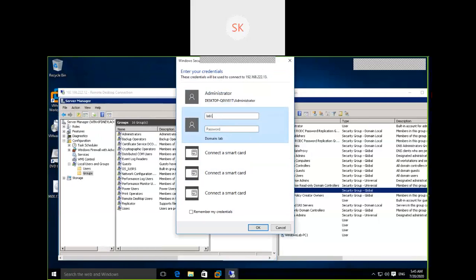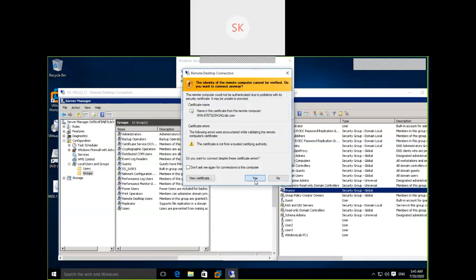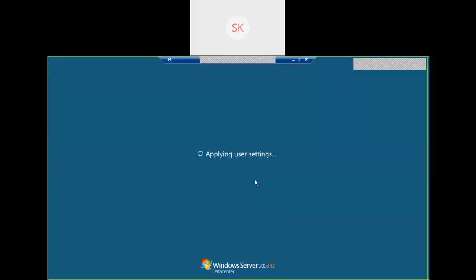Lab, I haven't added any users, so I need to use the administrator account only. Lab/administrator. Once I log into the system, I'm going to add users, user one, wherever you want. That user one also can be part of any other group. Now instead of adding user one, I'm going to add the finance group here.